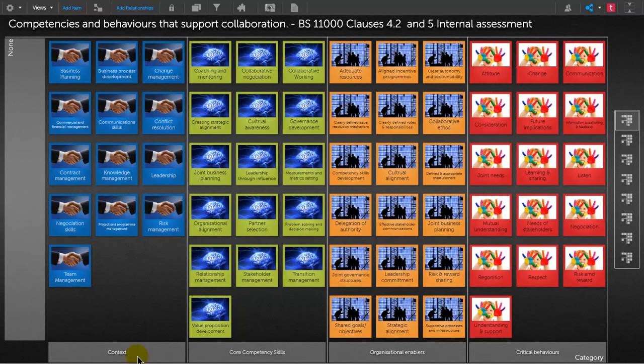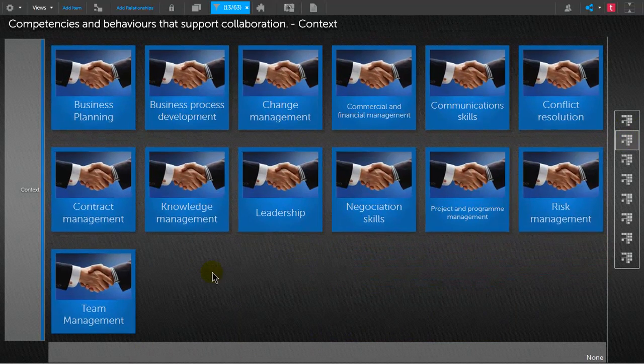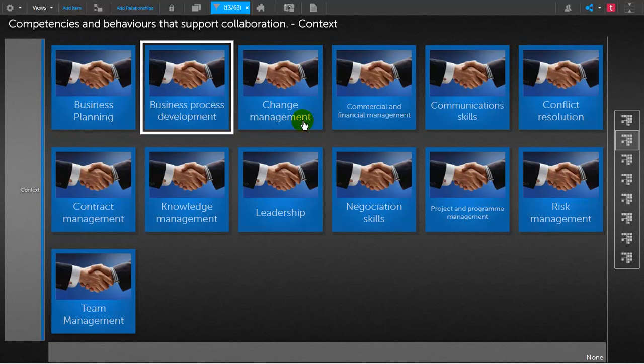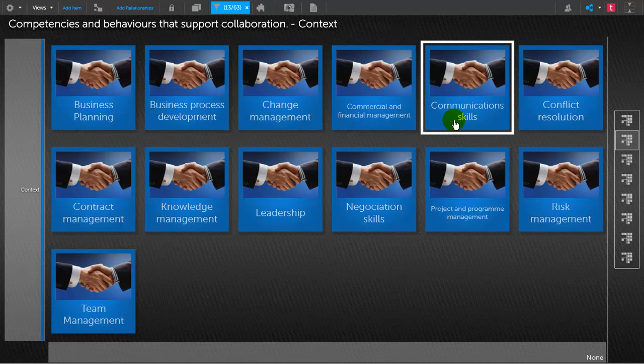They're listed here by categories, and if we have a look at it one by one, from a context perspective, this is really looking at your business skills that is required in the management of collaborative programs and partnerships. And obviously you can add more to these as you go along, but within each of these we're able to